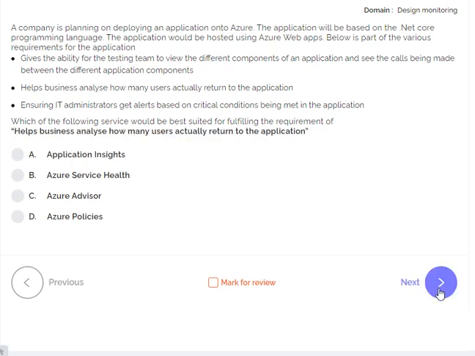Help business analyze how many users actually return to the application. As per my understanding, this would be Application Insights as well, because with the help of Application Insights we can get the logs and track how many times a particular user has returned.